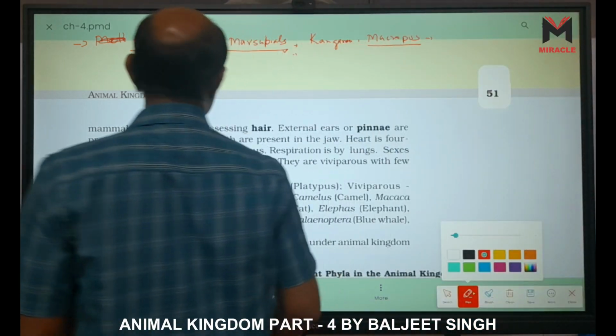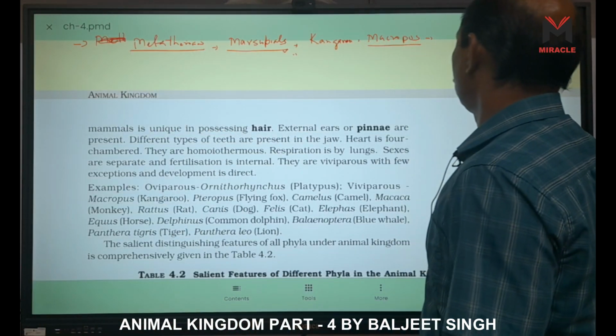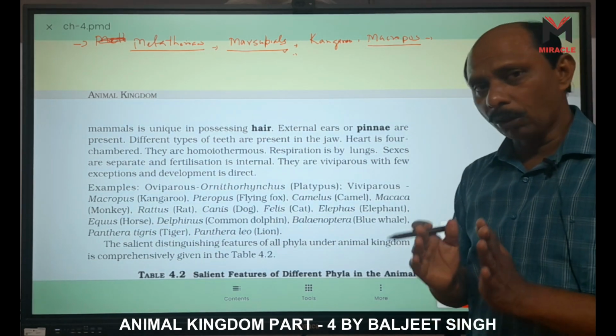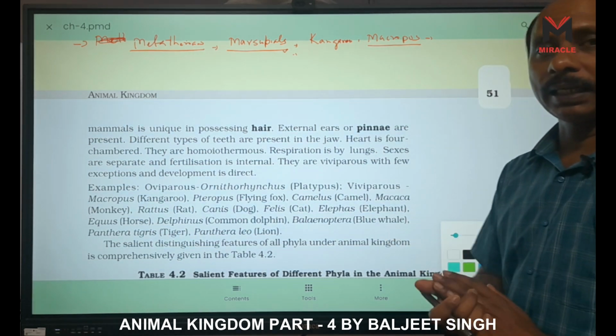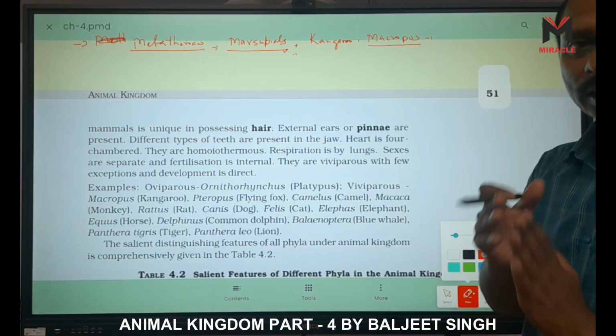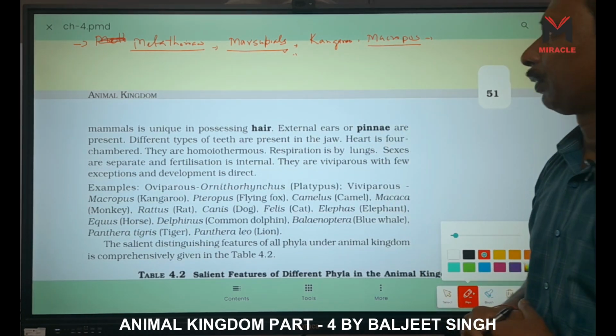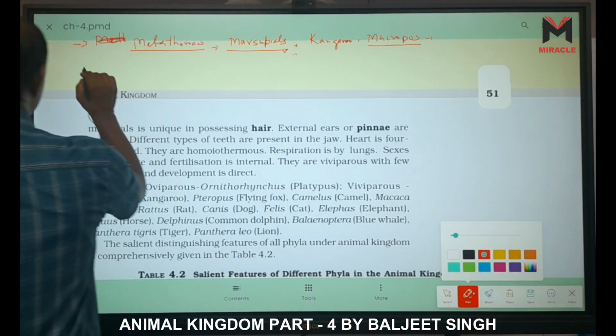And in the metatherians, false placenta is present. Placenta is not fully developed, an undeveloped placenta is there. Placenta-like organs are there. Third one we have here,